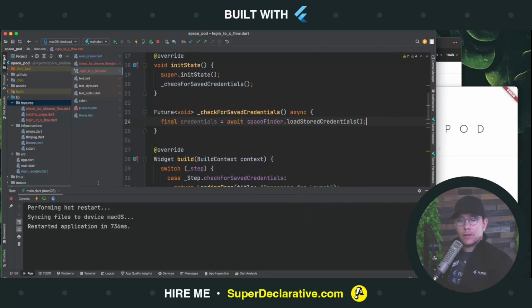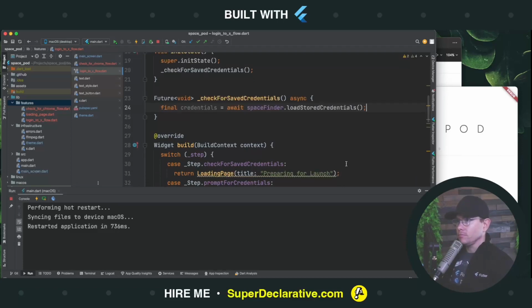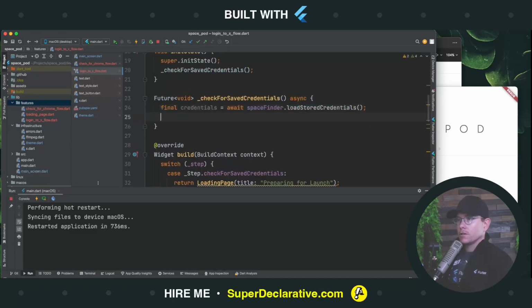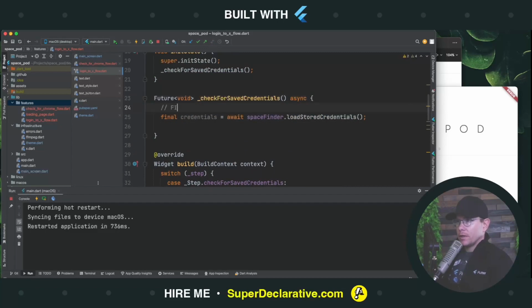Again, this is a behavior that my team member on the Flutter Bounty Hunters, Angelo, has already created for us. When we load stored credentials, okay, it's nullable. So probably something we need to do here is differentiate between missing credentials versus an error obtaining them. But for now, we will say,